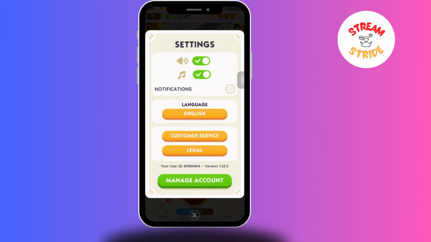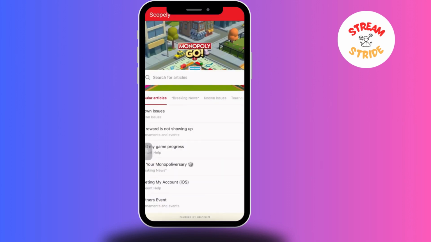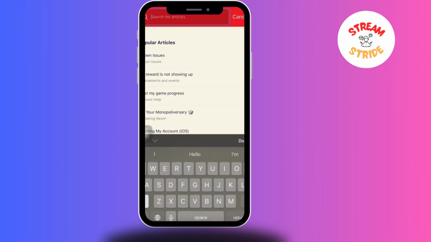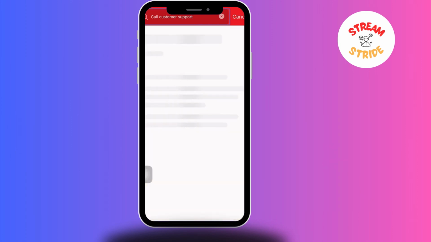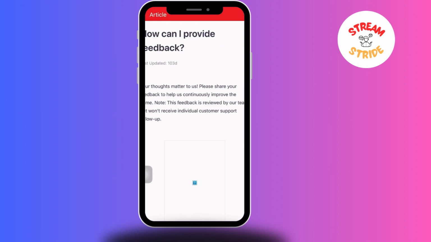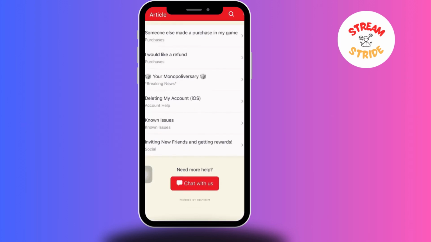Simply tap on the menu bar which is on the top and click on the settings icon. Now tap on the customer service option. Among the popular articles section, if you find the how can I contact customer support option, then simply tap on it. If you do not find that, then in the search bar you have to type customer support contact. Now select the how can I provide feedback option and scroll all the way down till you find the chat